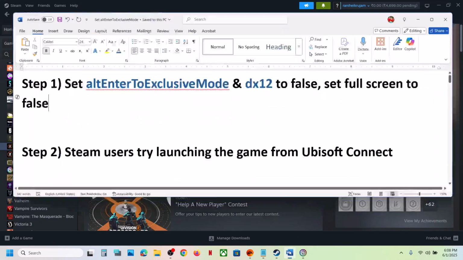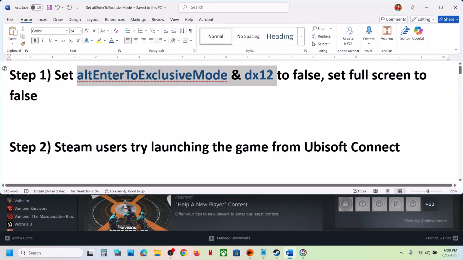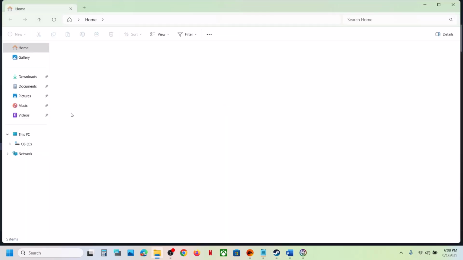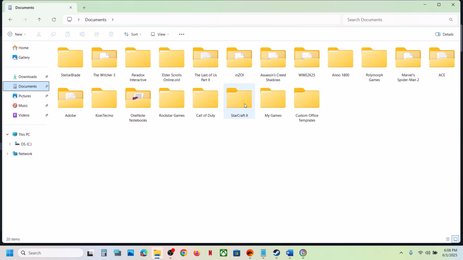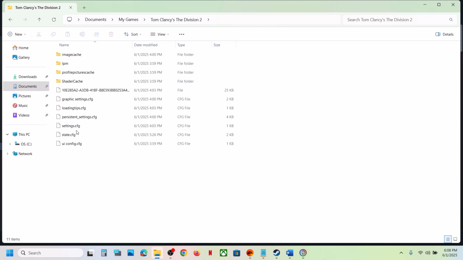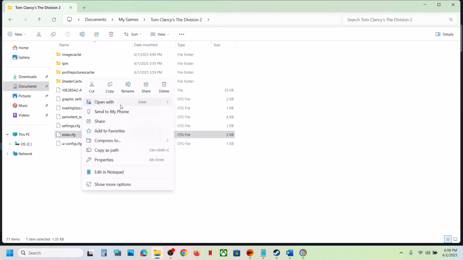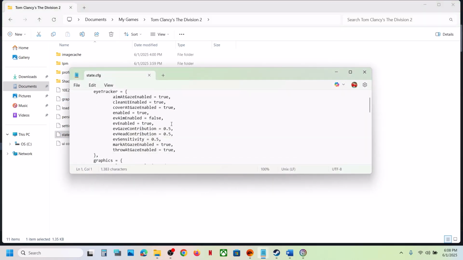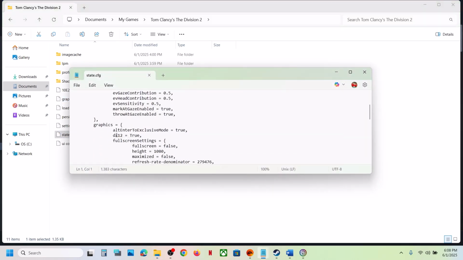Now the first step is to set these two to false. For this, you can go to File Explorer and then go to Documents over here, open My Games folder, and then open the Division 2 folder. Now over here you can see state.cfg file, make a right click and then open with Notepad, and then scroll down. Under graphics you will see